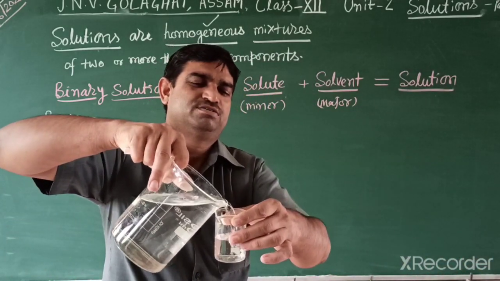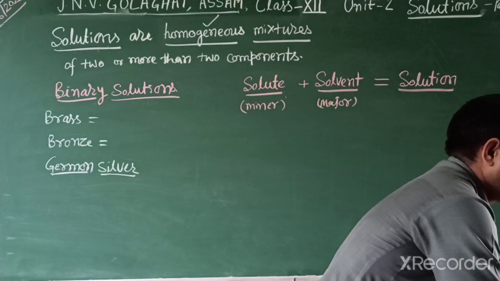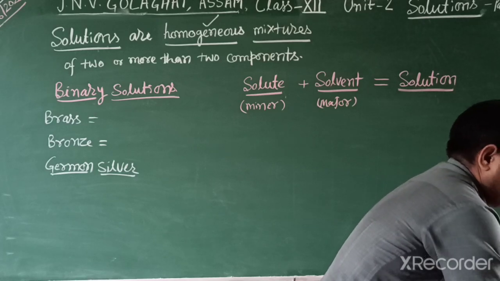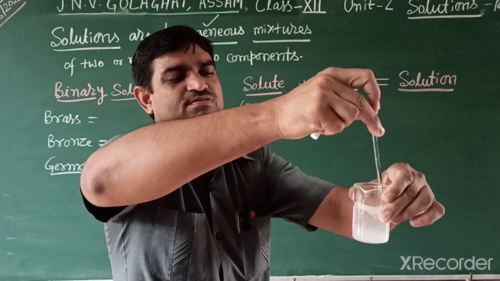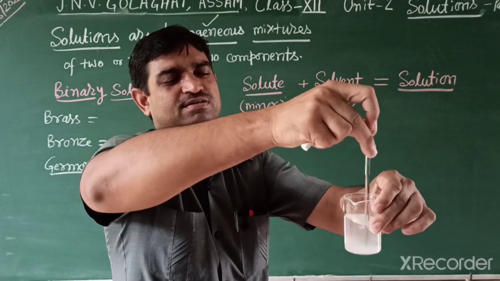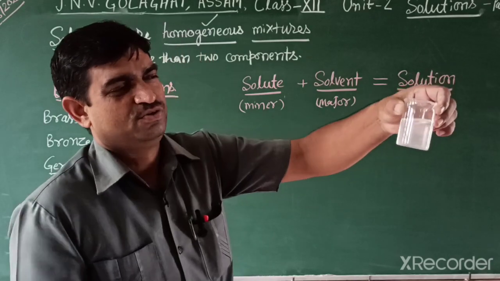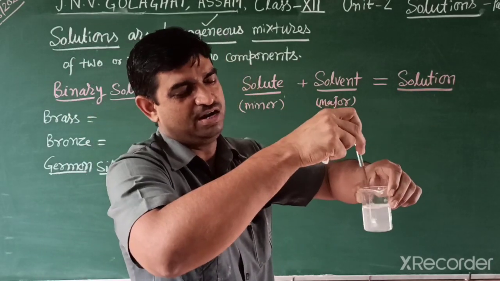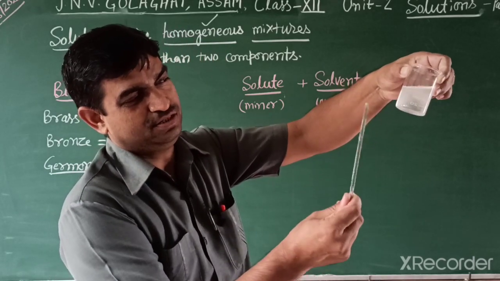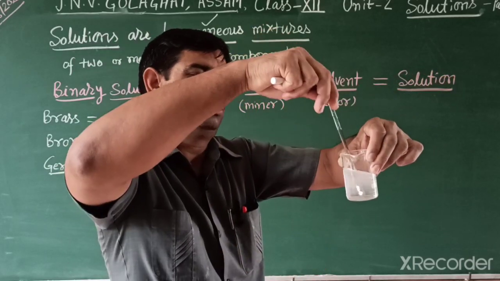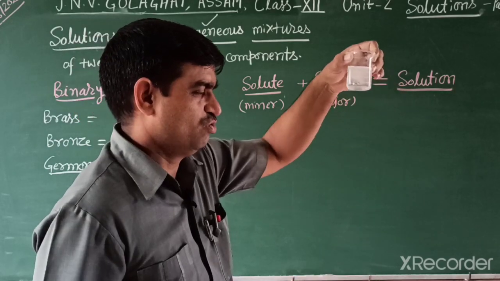We take some water in this beaker and put in some salt, sodium chloride, and then we dissolve it. Then what are you observing? So this is known as salt solution. In this solution I mix only two components, one is water, the other is salt. So this is a binary solution because there are only two components, and it has throughout uniform composition. At the bottom and top, if we take a single drop, it has equal concentration. This is known as a homogeneous mixture.